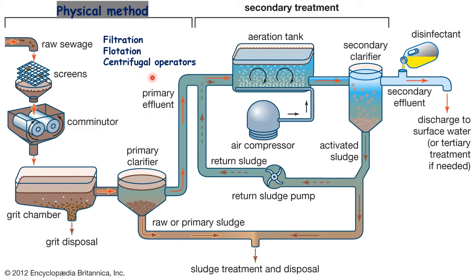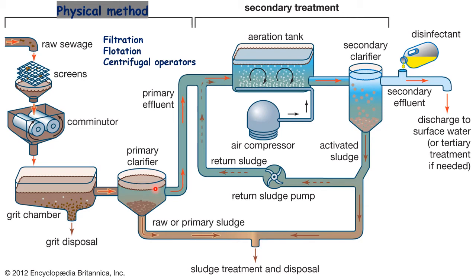Then we have the centrifugal apparatus. You know centrifugal force, right? It rotates some 1,000 times per minute. For example, in the laboratory, we have a centrifuge that rotates at 4,000 rotations per minute. Likewise, we can set it. Here, according to the nature of the sewage, they will set a certain rotation speed.